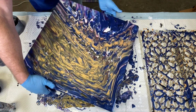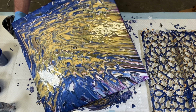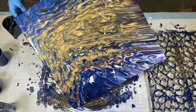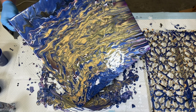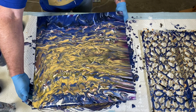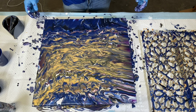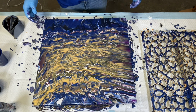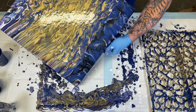All right, one more tilt to go this way. I'm going to tilt off this edge here a little bit. Oh, I don't want that. That just all kind of took off. Okay. I think I'm going to bring it back down this way a little bit. Maybe not. Because I'm actually starting to really like this. At first I was just kind of like,